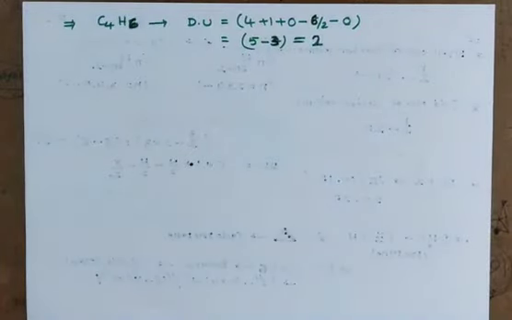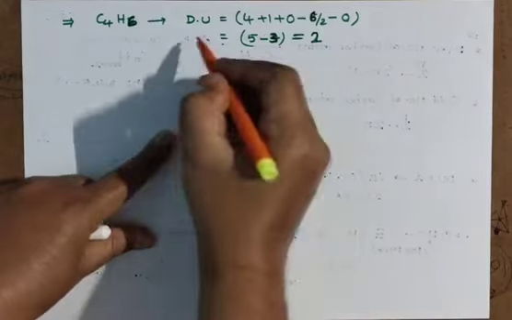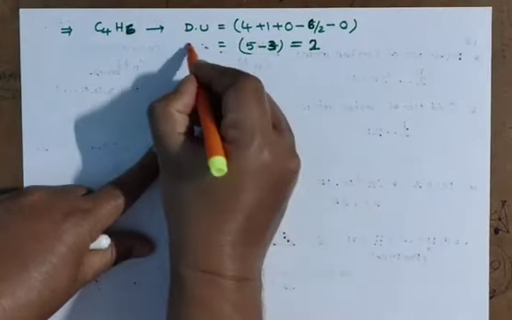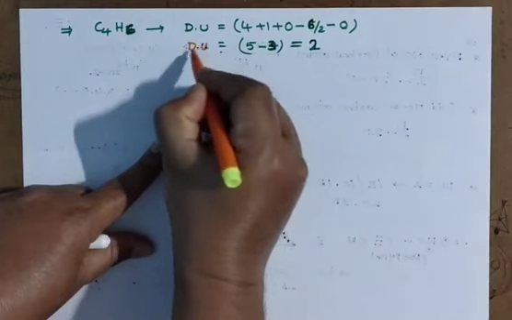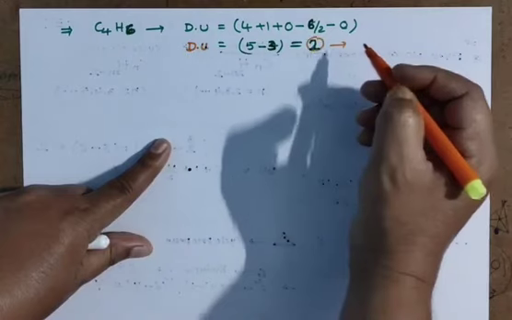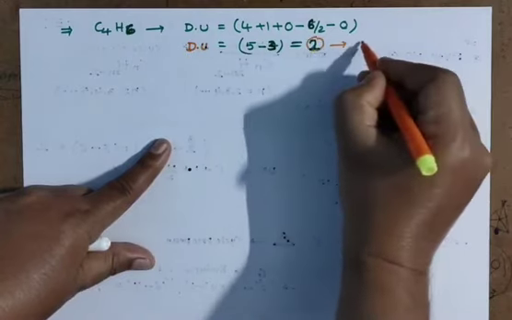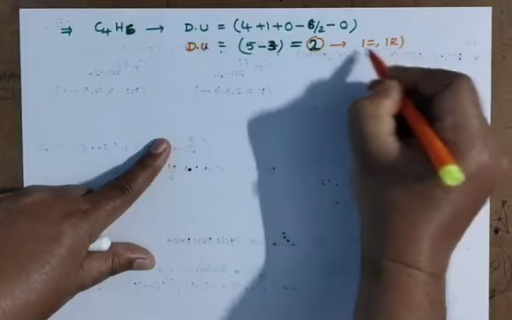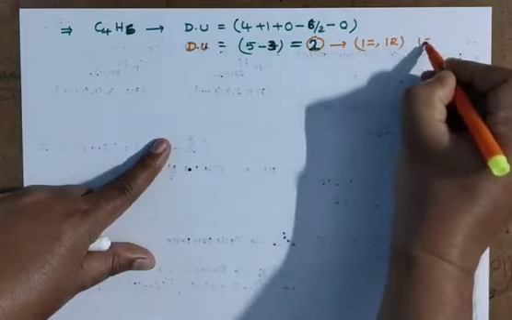So du, how much you got? 2. If degree of unsaturation du value 2 you got, means you have chance already given 1 double bond, 1 ring chance, 1 triple bond